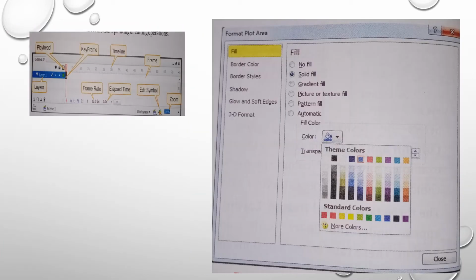The Timeline is a fixed window that stays on top of every object in the workspace. It organizes and controls the content of the document over time, in frames as well as in layers. The major components of the timeline are the layers, frames, and the playhead. It has a ruler-like strip called the frames and a field labeled Layer 1.